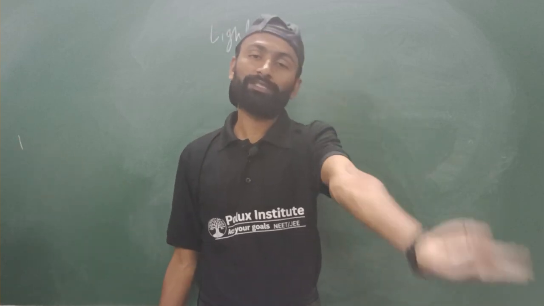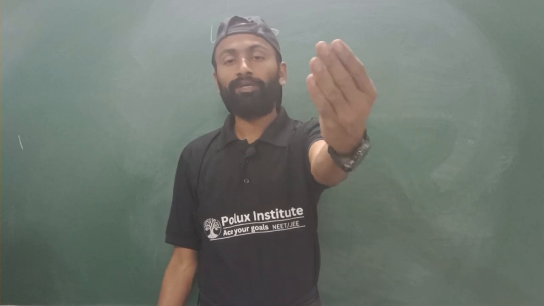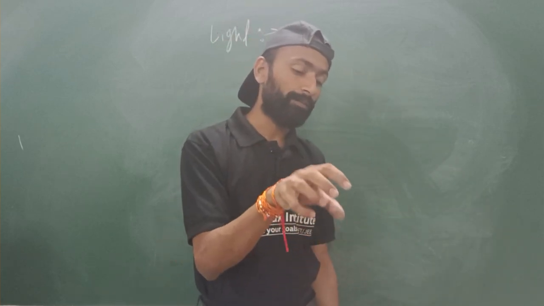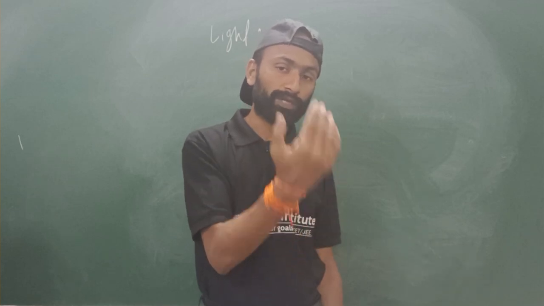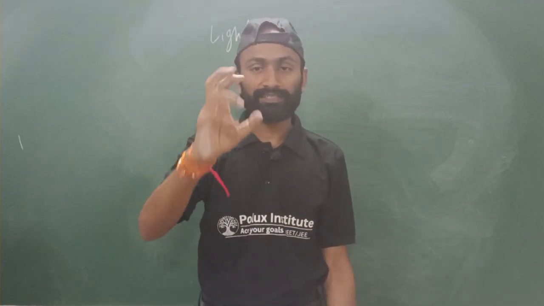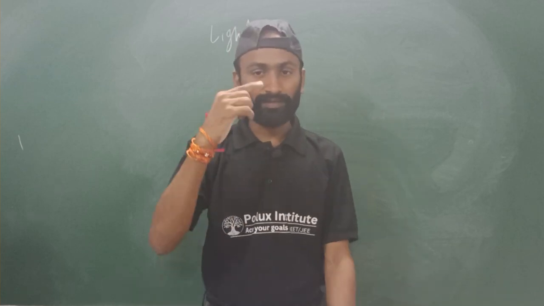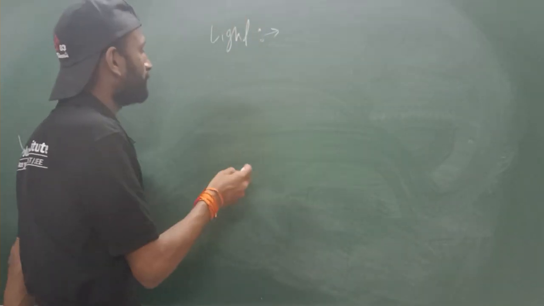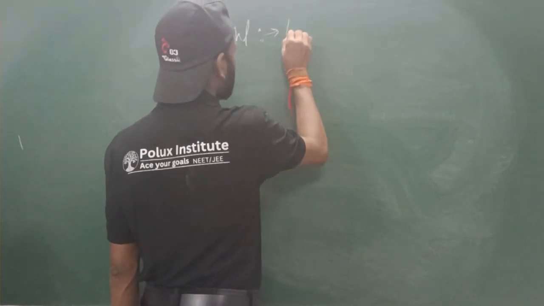If you want to see the table, then you need light. So light will come from the table to your eye, and then its image will be formed in your eye, and then you will understand, yes, it's a table. Your eye will inform the head, meaning the brain. So what is light? Light is energy,